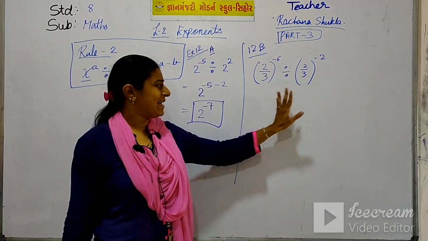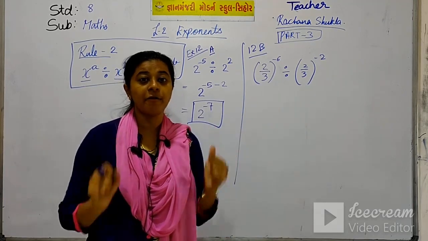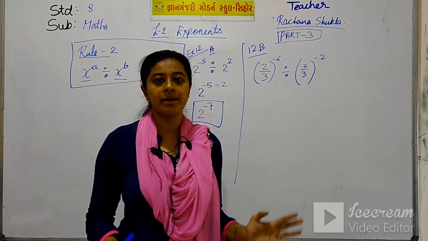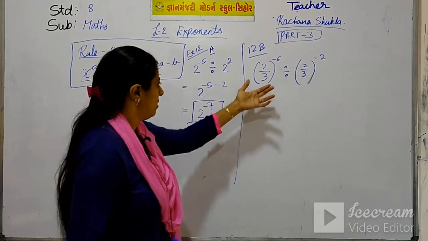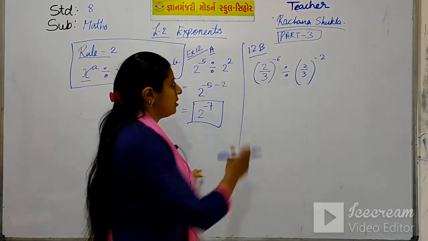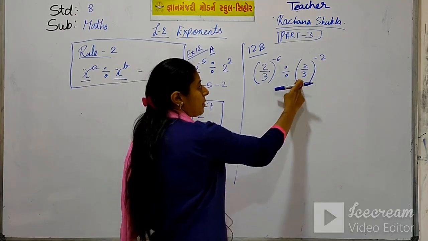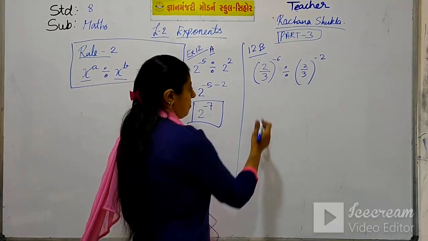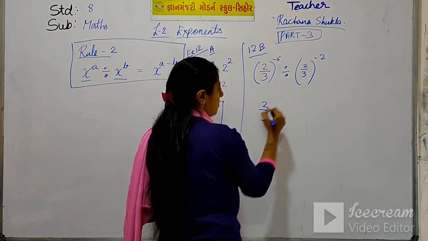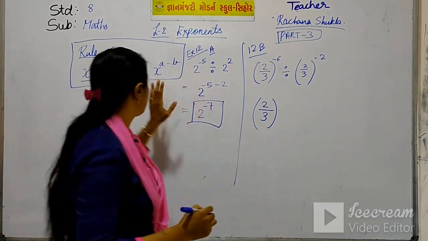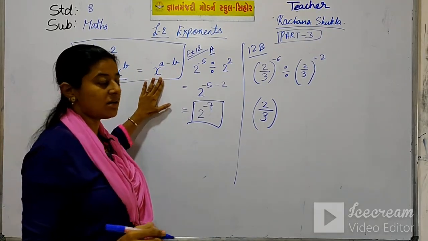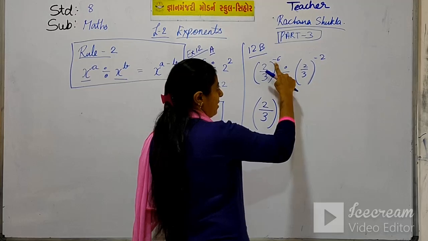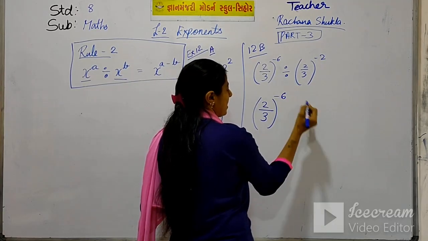Now, by seeing the sum you will get afraid. It's a very hard sum? No, it's not a hard sum. It's very easy. See, look at the base: 2 upon 3 and 2 upon 3. Same base, so you will write it only one time, that is 2 upon 3. We are solving the sums of rule number 2. 2 upon 3, only one time, and the powers, minus 6,